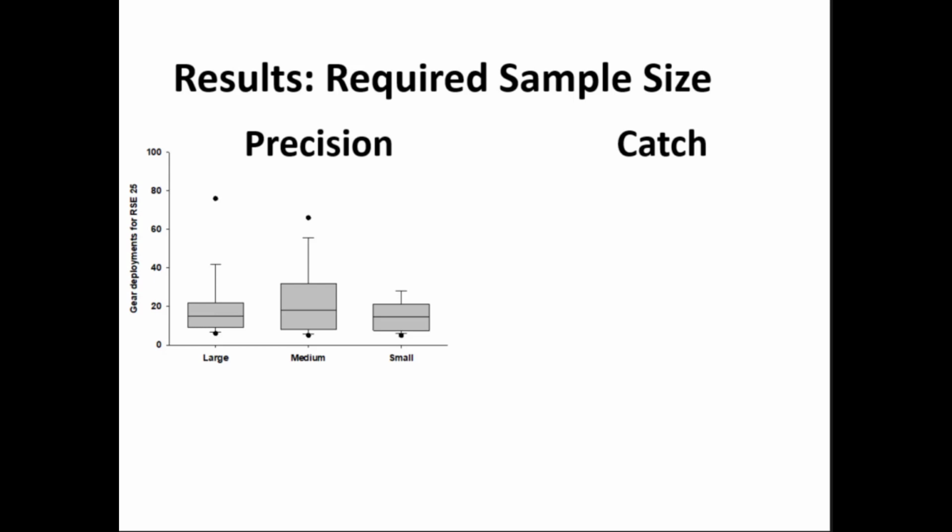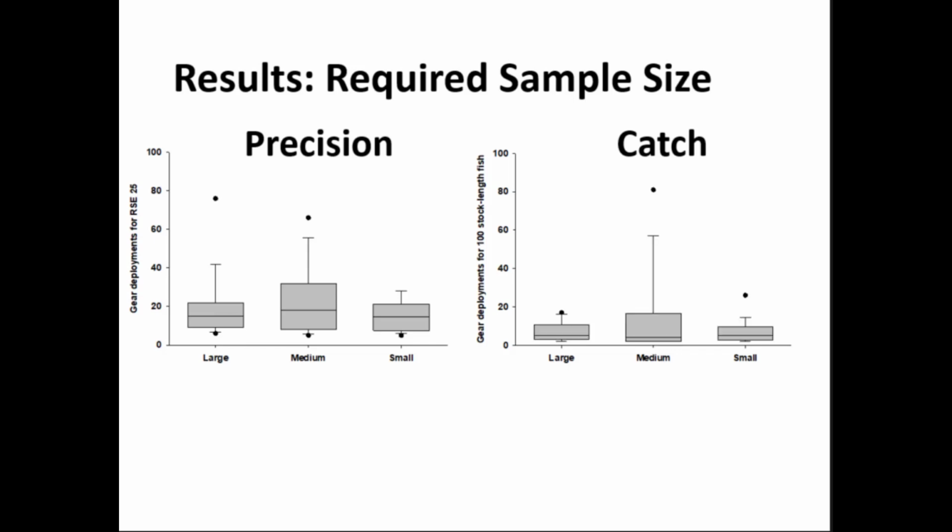Now for the catch objective, the y-axis is the number of tandem hoop net sets needed to catch at least 100 stock length fish in a survey. Again, for large, medium, and small reservoirs. And this is the results of our